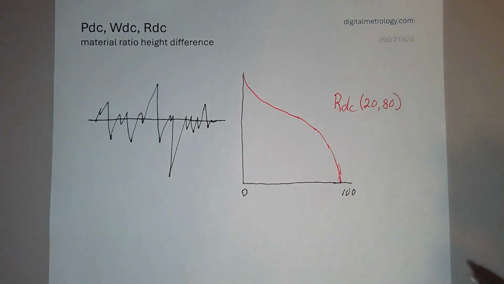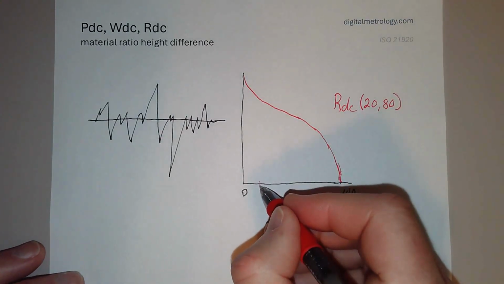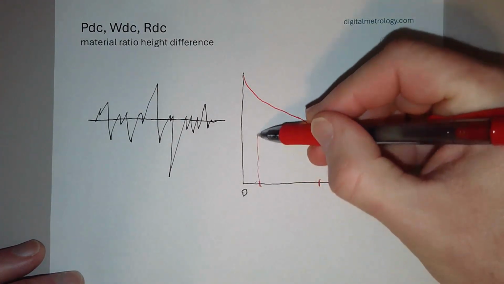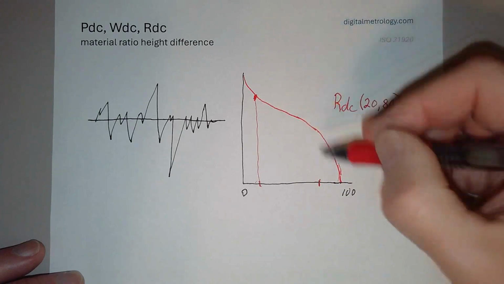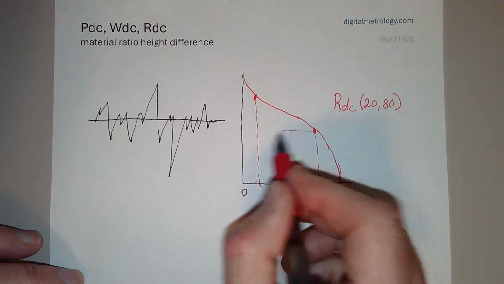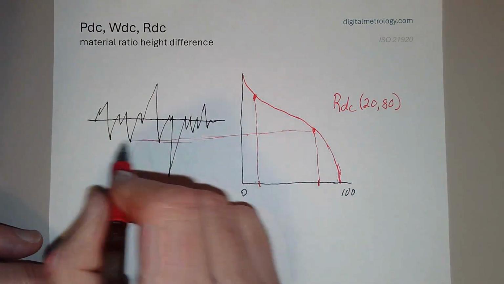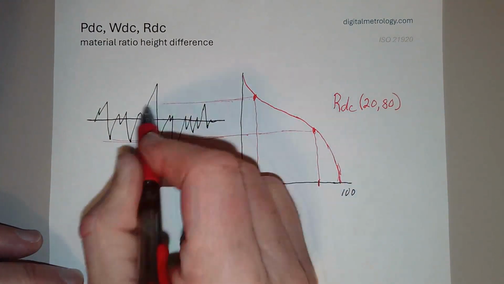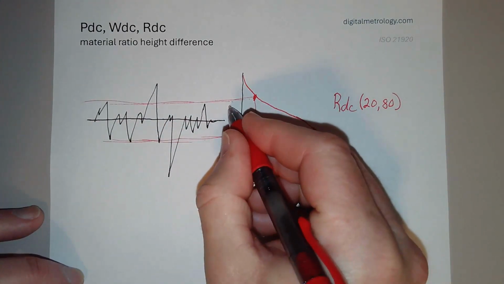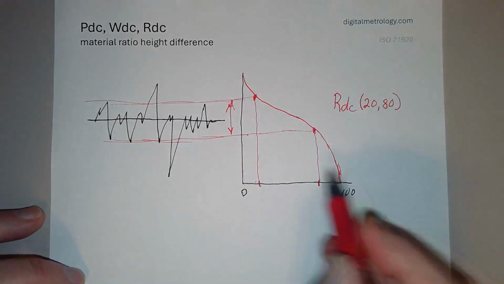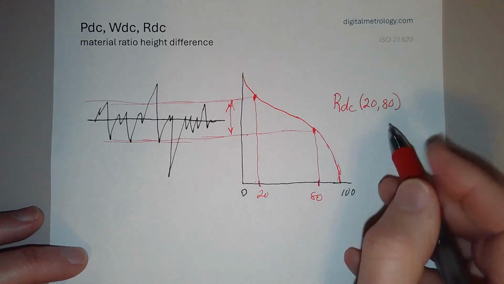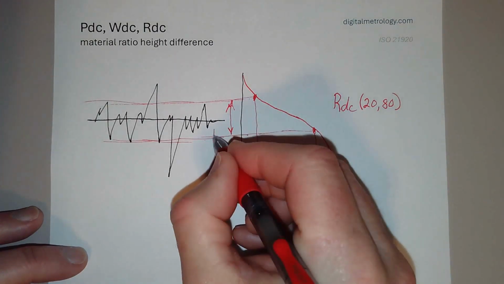So RDC 20 to 80 means I'm going to go to the 20% mark and the 80% mark, and on the curve establish where am I, and also where am I here, and this zone is a roughness number. This zone becomes a height of some amount in micrometers. This height right here between the 20% and the 80% mark, if we chose those, is the RDC